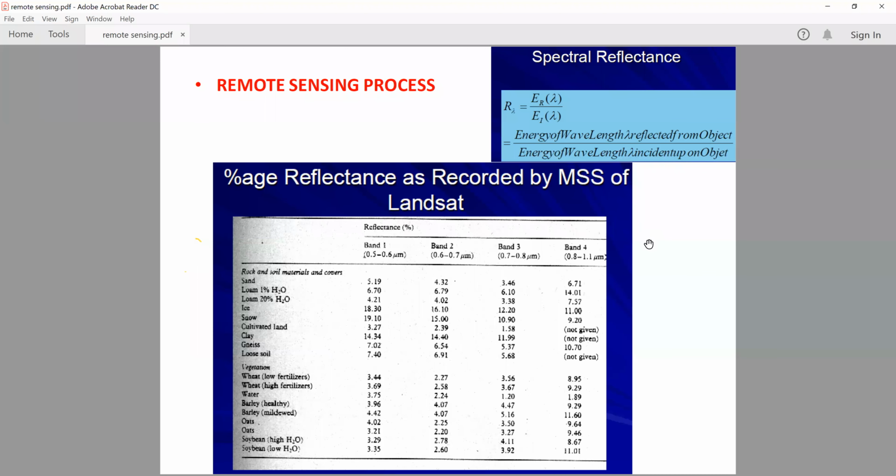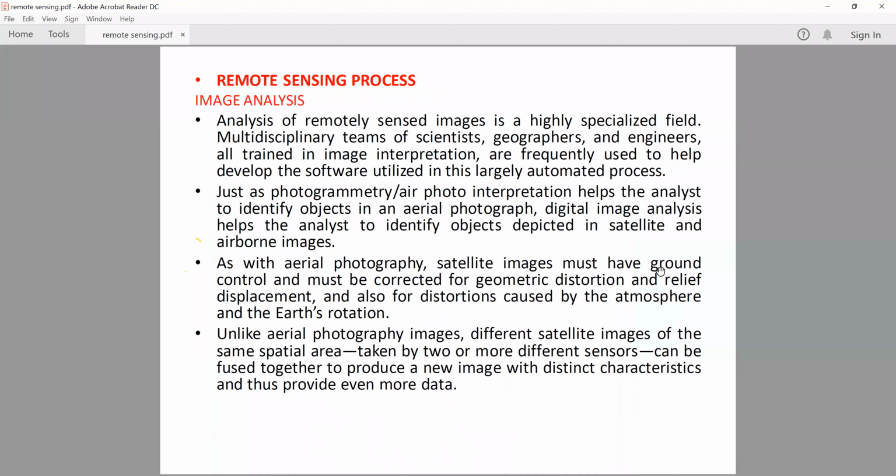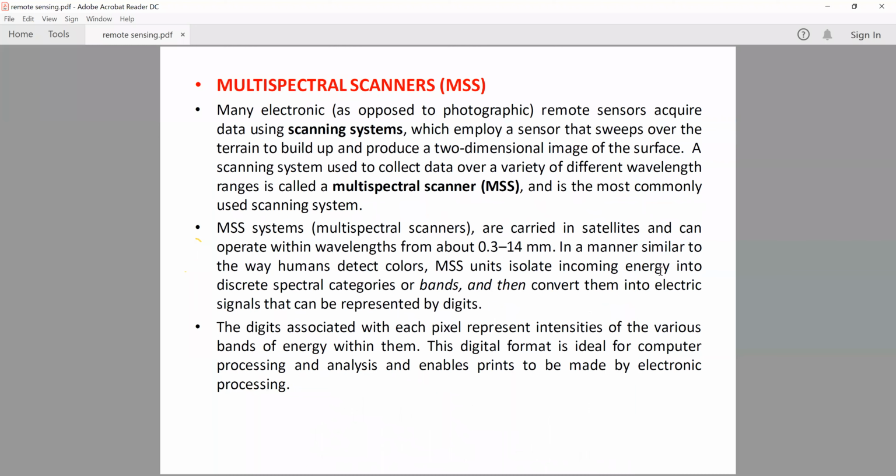So this table over here gives the percentage reflectance as recorded by the multispectral scanner of Landsat. Landsat is a satellite that has a multispectral scanner mounted on it. What a multispectral scanner does is that it acquires data using a scanning system. So what we were discussing earlier,